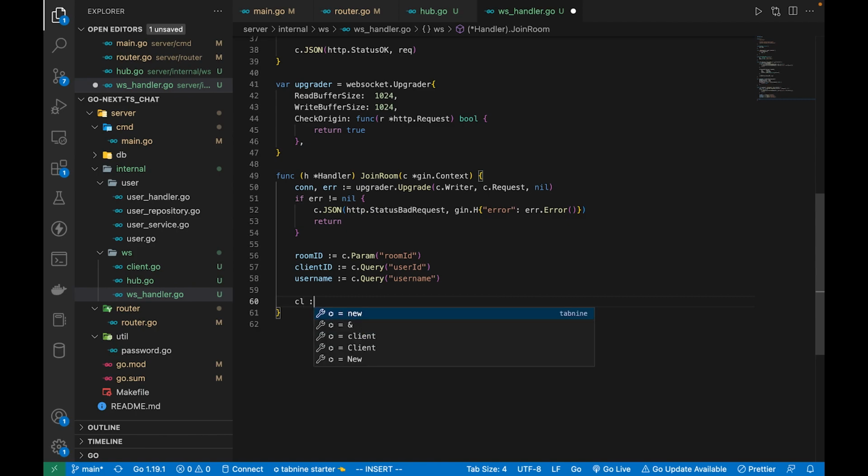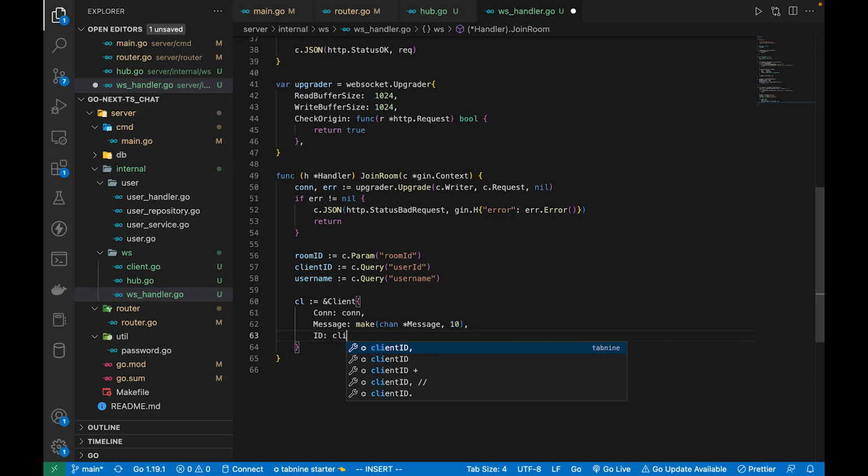And now we can define our client using this information. First, we are going to pass in this WebSocket connection and instantiate the message channel. This will actually be a buffer channel of size 10. And the ID of the client will be the client ID from above, and the room ID will be the room ID again, and the username